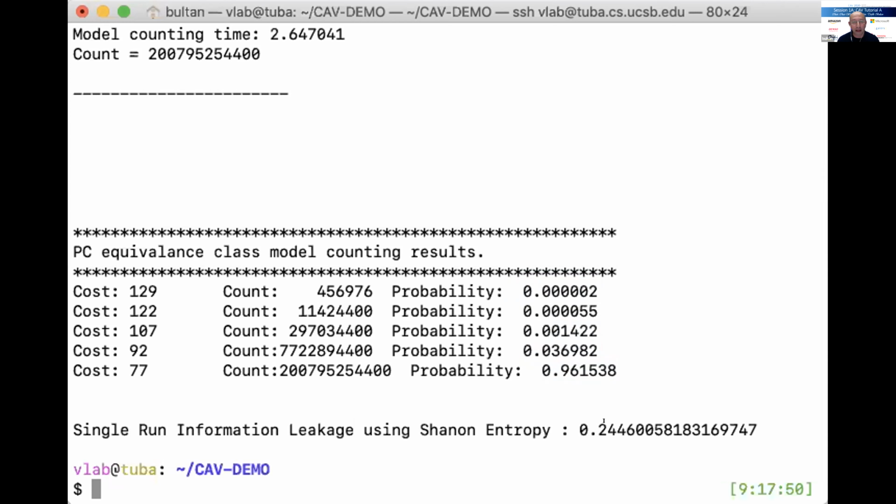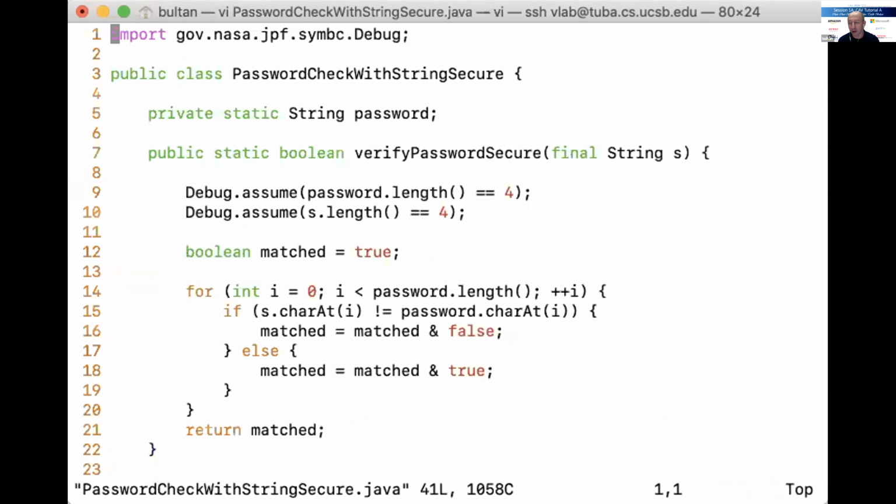So this is now less than, of course, what we observed for the bitwise side channel, but because, again, the domain is much larger, getting matches is less likely. But now let's look at another example, which does an implementation that actually has constant execution time. So this is the secure version.